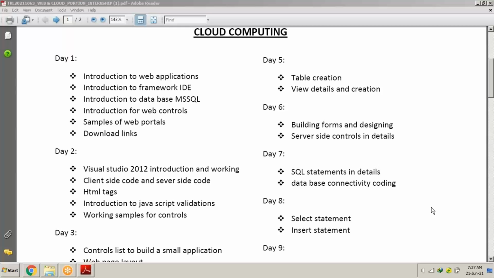Before using server side controls in detail, I would like to show you some, you can say, get an idea of what we are going to do in this session. Okay. So first of all, I would like to open. Today we are not doing anything with the SQL Server, with the database. Just doing with the visuals.